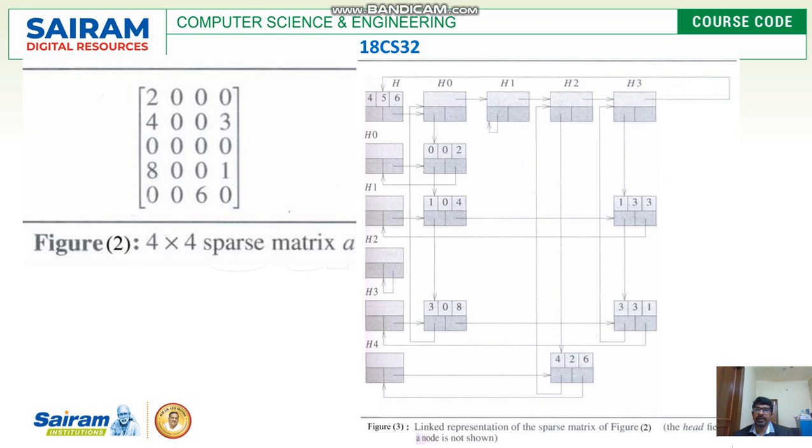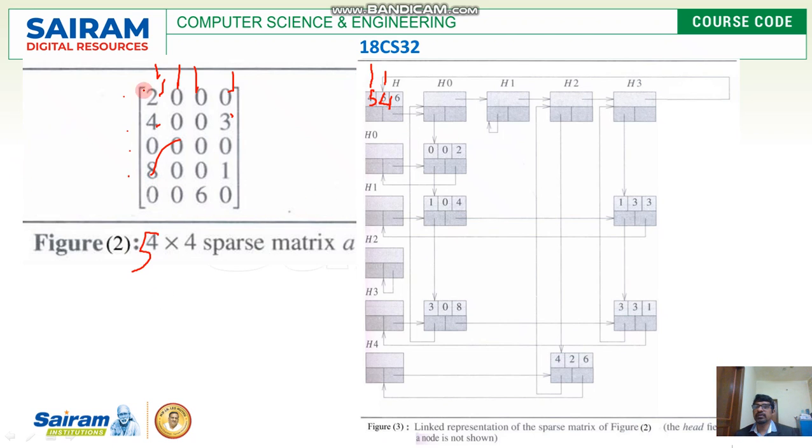This is the actual representation, where you can find a sparse matrix with 1, 2, 3, 4, 5 rows and 4 columns, 1, 2, 3, 4. What we do is take a node called header, in which we are going to write the number of rows and columns. For now we are taking it as 4 and 5, and the total number of non-zero elements is 6. Look at this, this should actually be 5 and 4. Yes, 6 elements: 1, 2, 3, 4, 5, 6 elements are there.